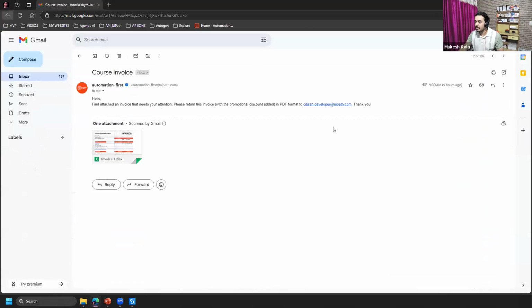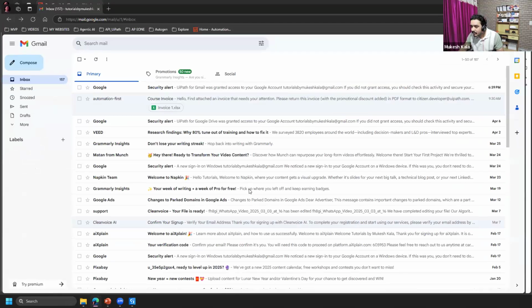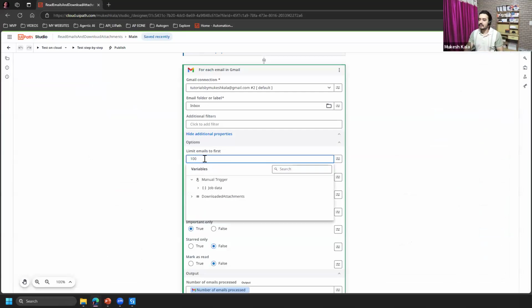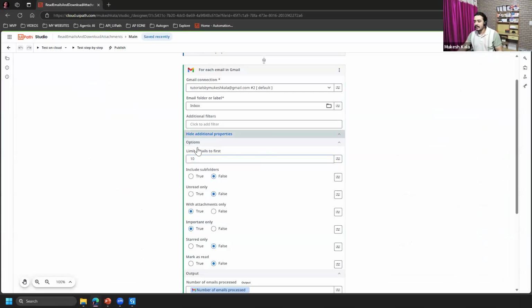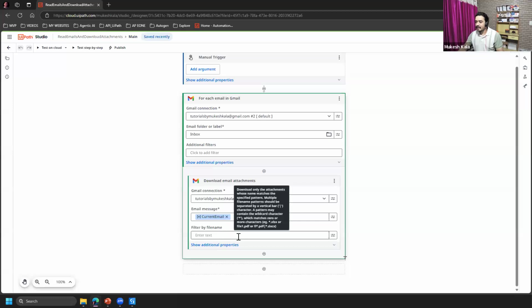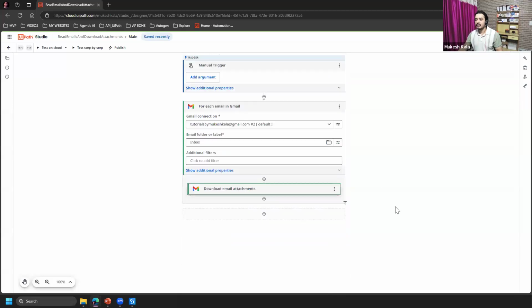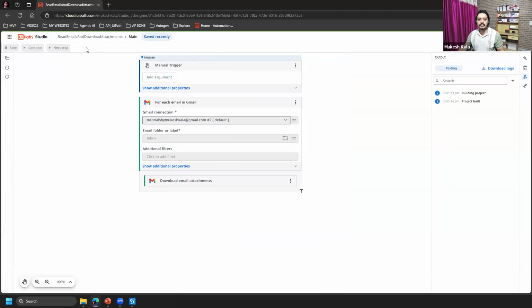the different course, right? So maybe I'll say, let's see what properties I have. Unread email is false, with attachment only, and I don't want to go to the 100, so I'll just say top 10, right? And then filter by the file name, that's fine. And then the attachments, and that's it, right? And then to run this, you can just go here and say test on cloud, which is the testing field. I'll come to that. Or you can just go here and I say test step by step, and your automation is ready by just clicking, writing a prompt and getting back.